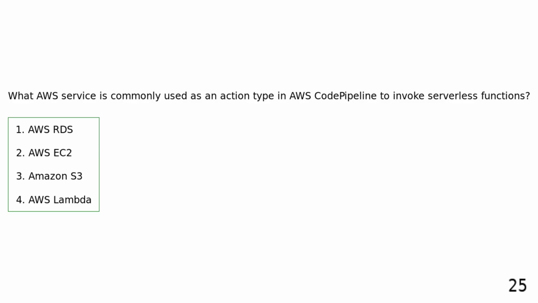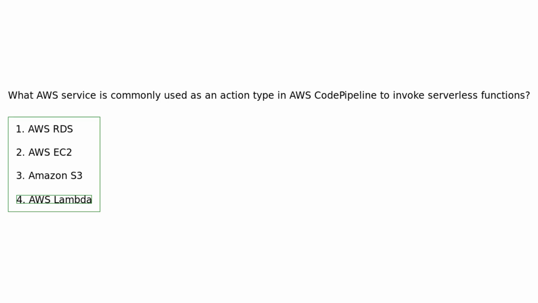parallel. What AWS service is commonly used as an action type in AWS CodePipeline to invoke serverless functions? AWS RDS. AWS EC2. Amazon S3. AWS Lambda. AWS Lambda is commonly used in AWS CodePipeline as an action type to invoke serverless functions as part of the